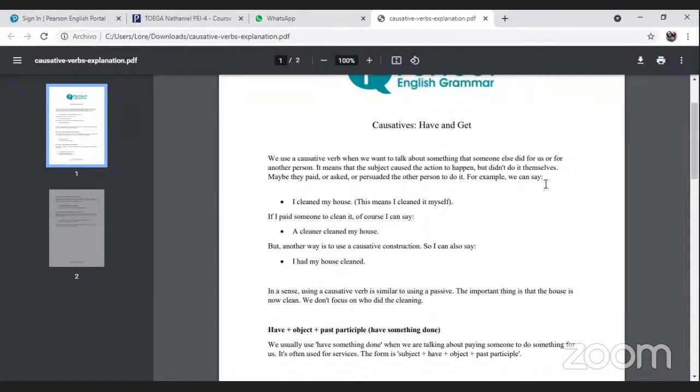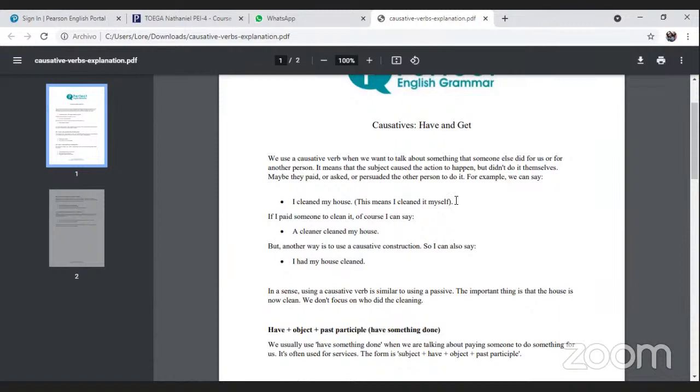The first concept says, we use a causative verb when we want to talk about something that someone else did for us or for another person. It means that the subject caused the action to happen, but didn't do it themselves. Maybe they paid or asked or persuaded the other person to do it. For example, we can say,